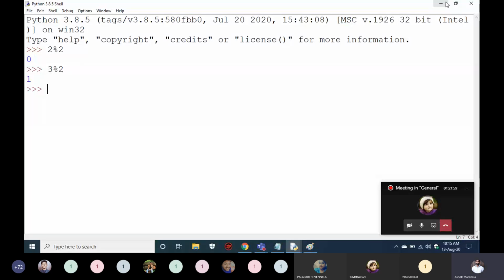That means you are making an operator into a condition. There is an operator, and if this operator gives a result as 0, in the sense of a condition, now 2 mod 2 equal to 0. Now this becomes a condition, right? Before this it is an operator. Now you made that into a condition. That means you are checking whether it is 0 or not. Now when you go with conditions, they will give true or false.